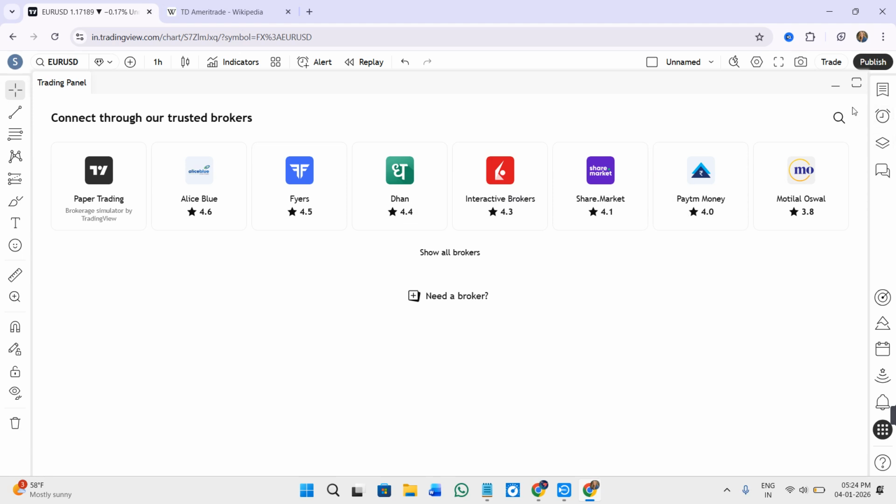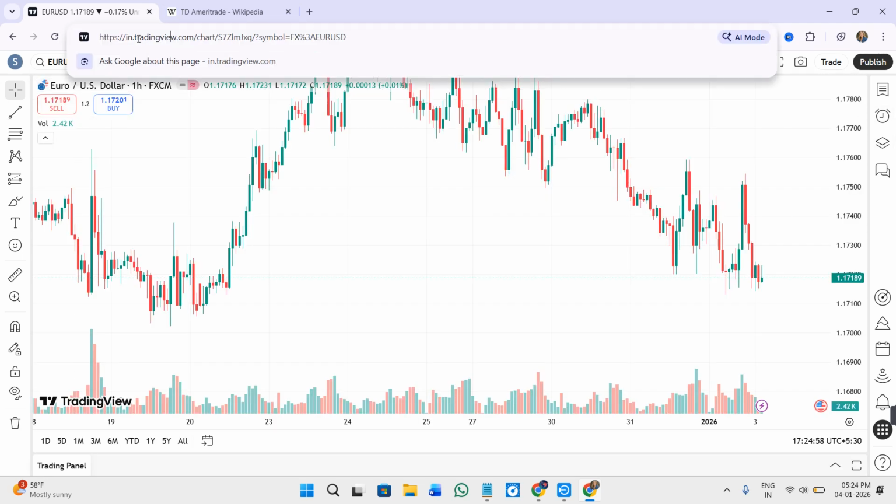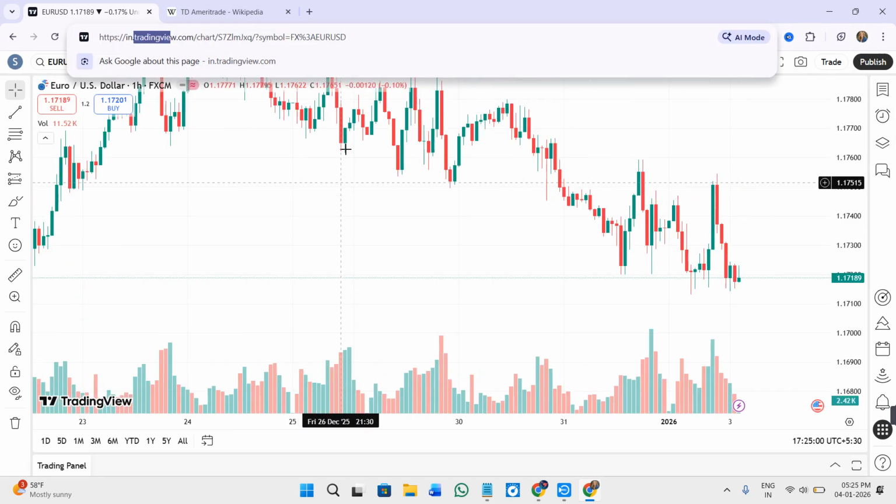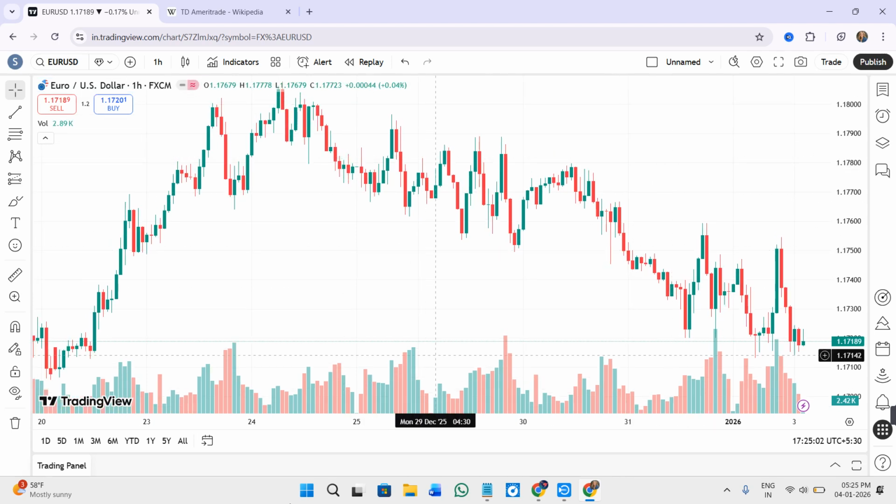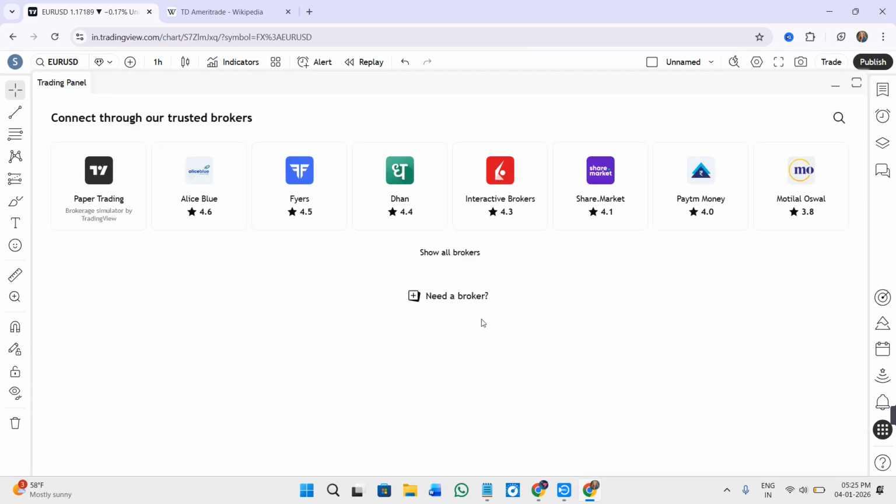In this video, I'm going to show you how to connect TD Ameritrade to TradingView in 2026. So in order to do it, first of all, when you come here on tradingview.com and launch any of the charts in front of you, over here, click on the option of trading panel in the bottom left hand corner. So this is going to show you the list of all the trusted brokers which you can basically connect